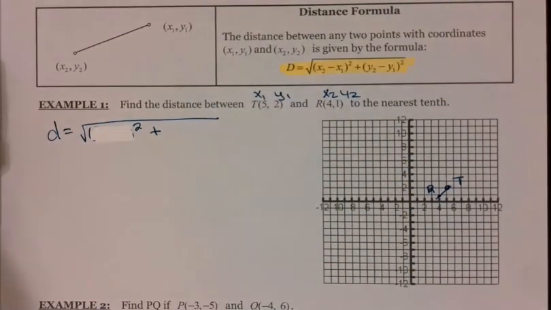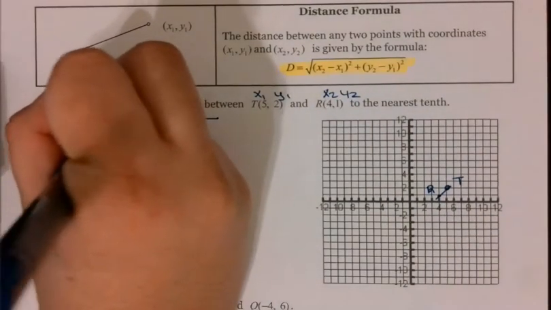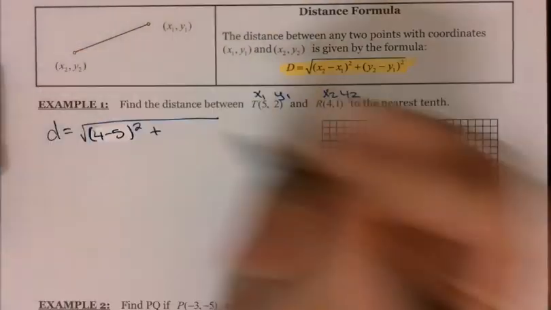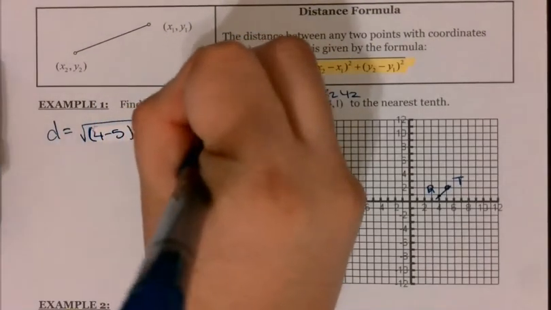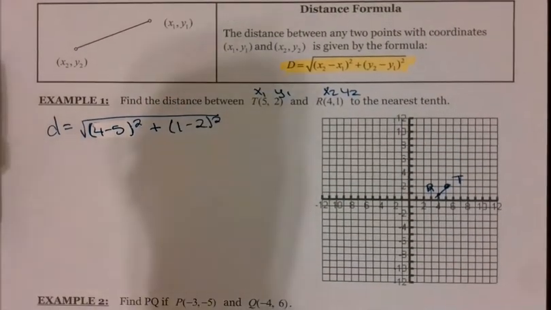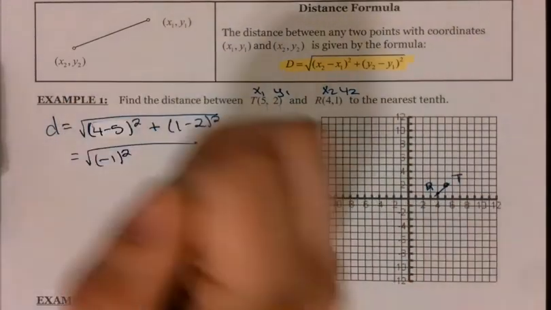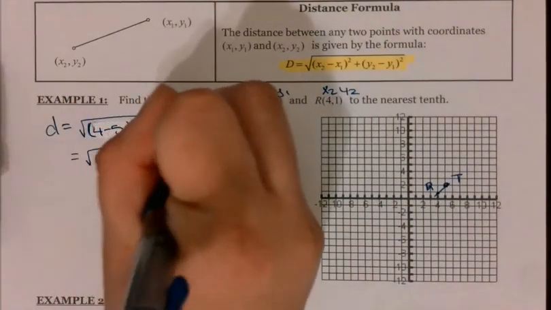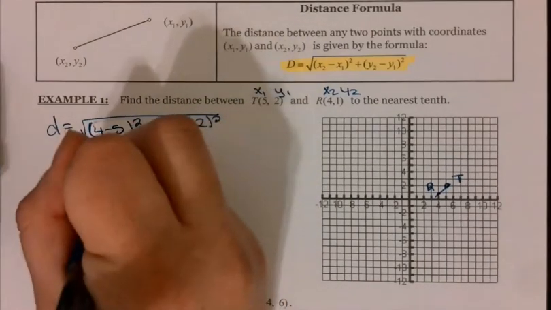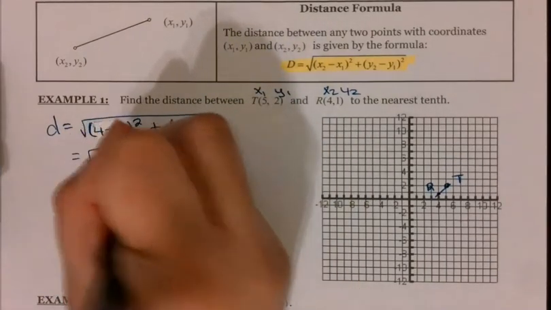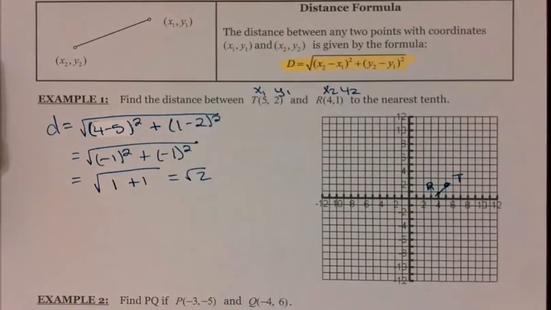So it's going to be the square root of x2 minus x1, so 4 minus 5 squared plus 1 minus 2 squared. I want to simplify my math. So 4 minus 5 is negative 1. 1 minus 2, negative 1. Negative 1 squared is 1 for both of them. Then I have the square root of 2, which